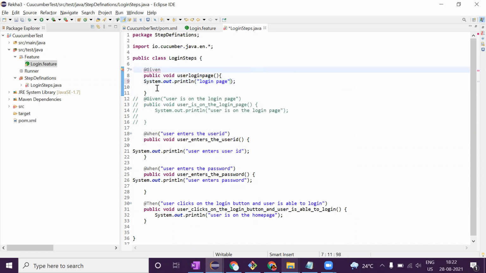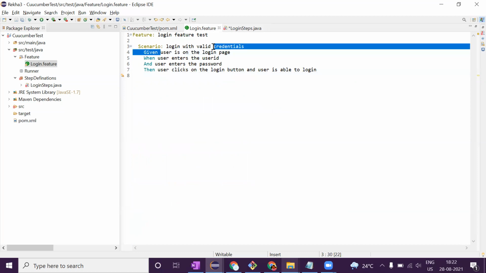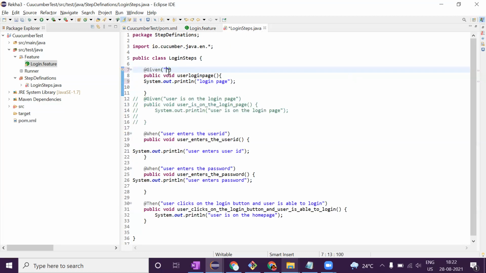When you write Given, inside the Given it is asking for some string. So whatever is written next to Given in the feature file, you just map it here. No other mapping is needed. Either you can write it this way, or you can run your feature file and copy it from there.